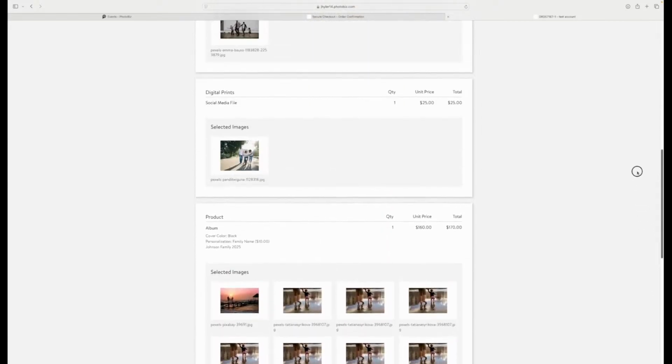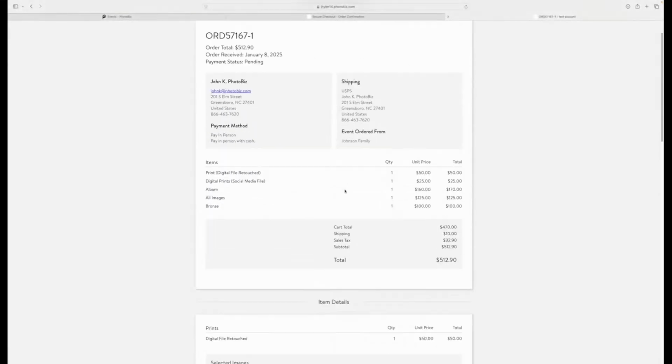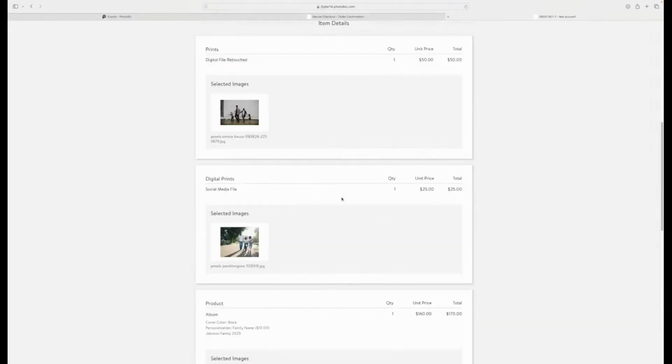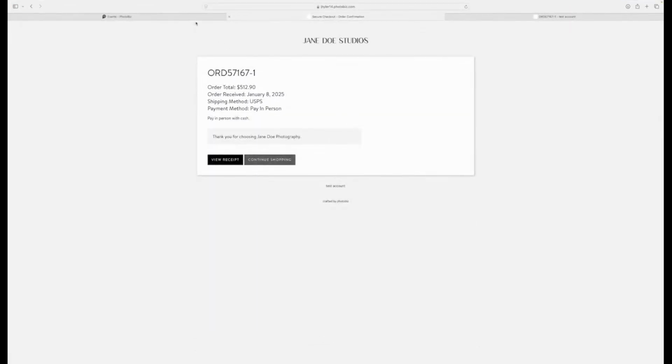Makes it super easy. It's all going to be branded with your logo at the top, so it's going to show all your information on here. Makes it really, really easy to get in there and place your orders, and like I said, it gives you a full detailed receipt on this. And then once that order has been placed